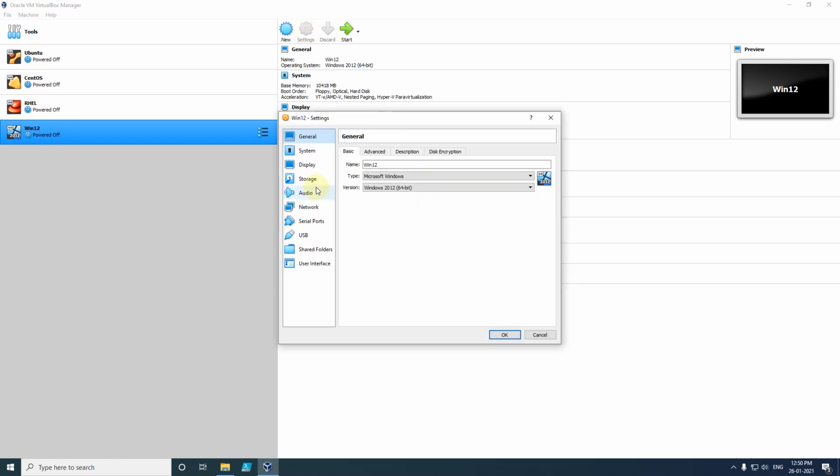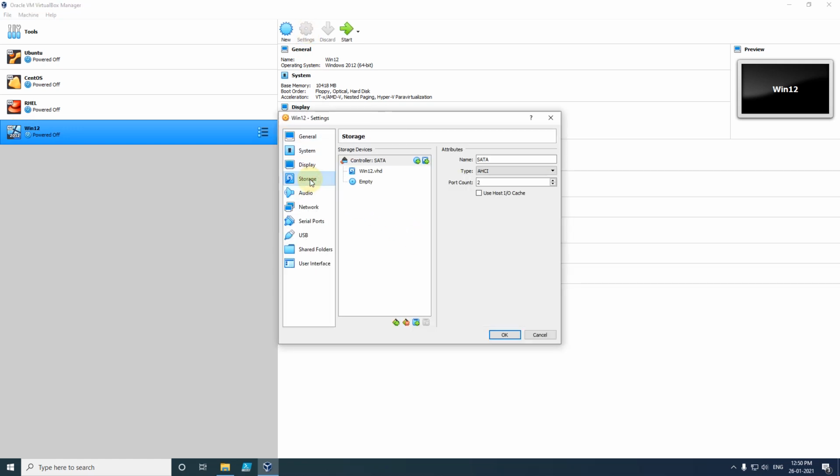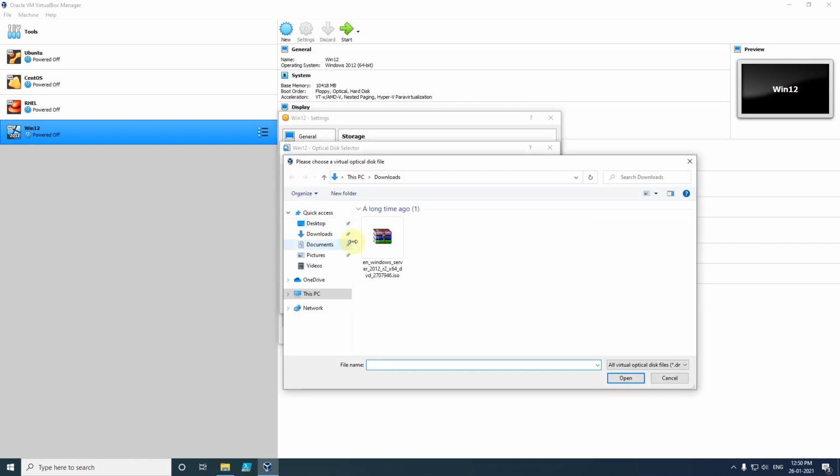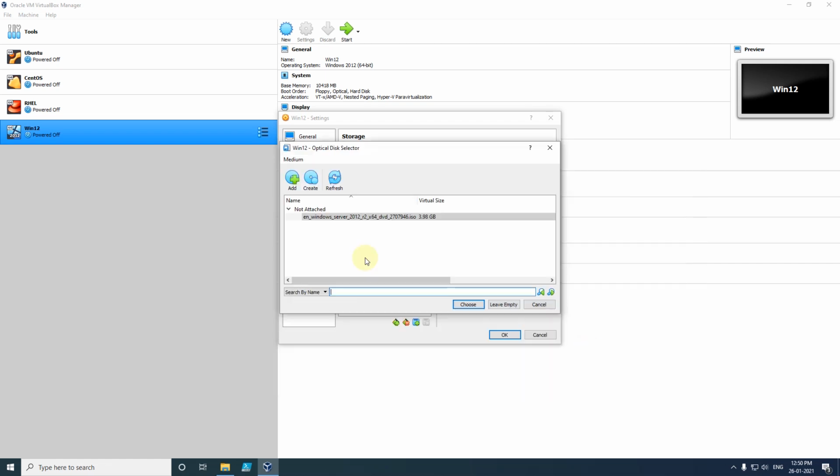In settings we have to go to storage, and in storage click on this image picture. After I click on this image, I will have the option to add the ISO image. It got loaded into the optical disk selector, and from the disk selector we can choose the ISO image.